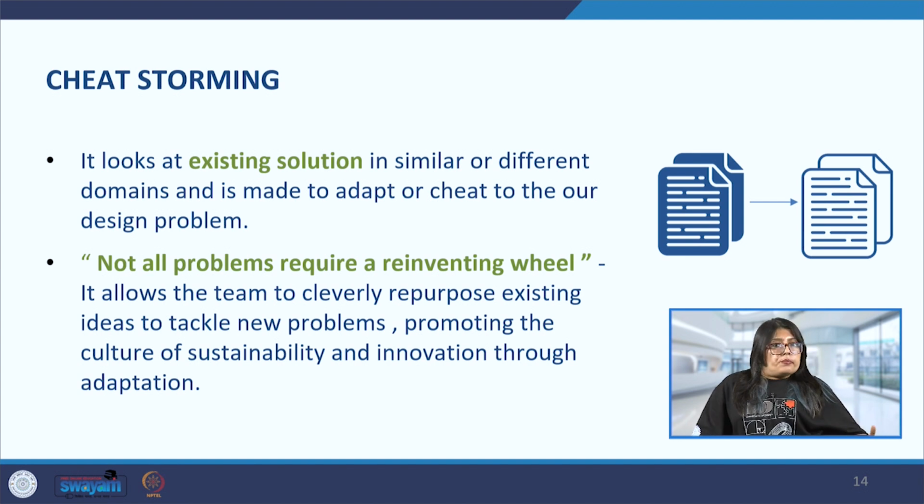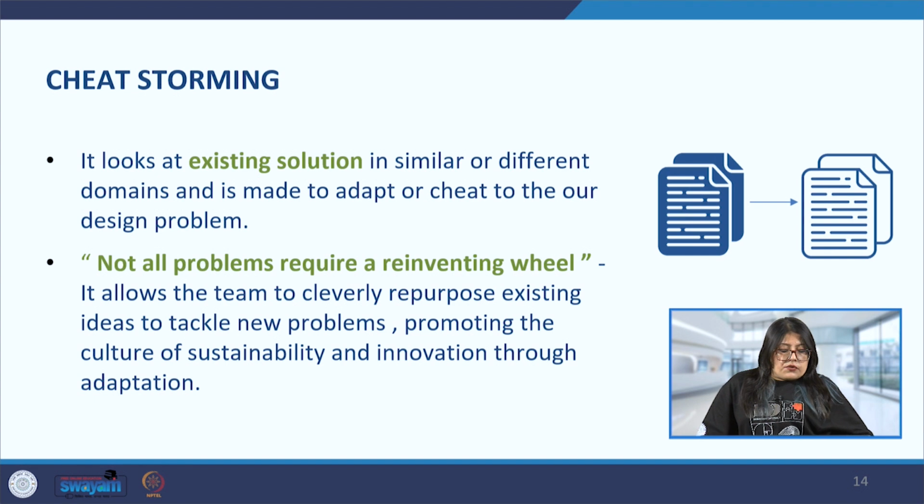Some ways in which cheat storming is a really important part of the process is that it puts off the pressure, because sometimes coming up with new innovative ideas can be very pressurizing for the team, especially when there are too many projects or the designers are multitasking. That pressure may also lead to not coming up with very innovative ideas. So this is a very interesting way to put this pressure off and look into what is already available to us and come up with more innovative ideas in the process.